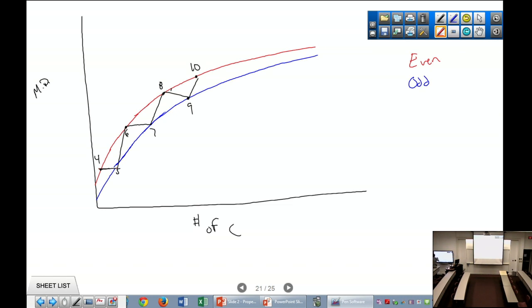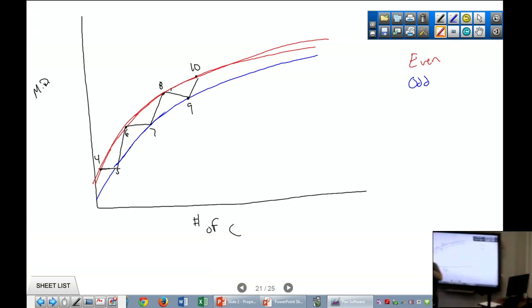Right? But in general, as you go up the homologous chain, you increase your melting point. So even 4 to 5, you're going to increase your melting point a little bit. Right? But you just have a bigger jump 5 to 6. 6 to 7, you're going to have a little increase in your melting point, but not as big as from 7 to 8. Okay? So they have two parallel curves that are just offset. So the evens in general have a higher melting point than the odds. But they both follow the same shaped curve.